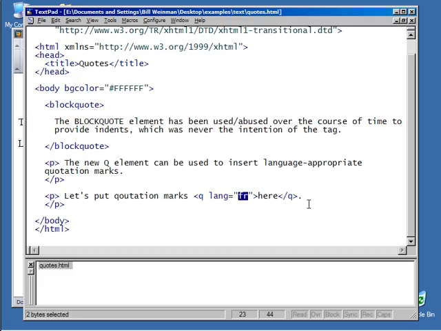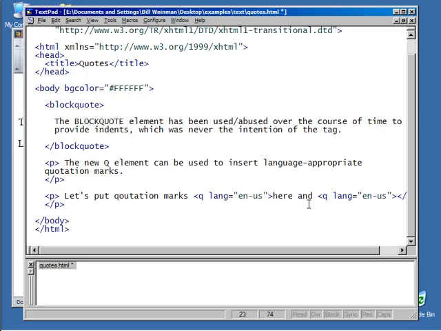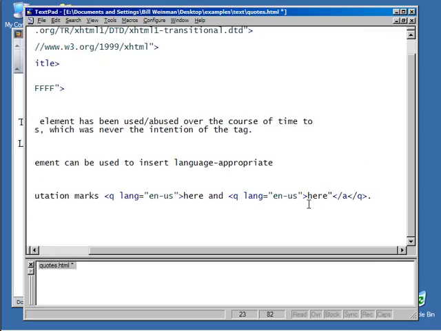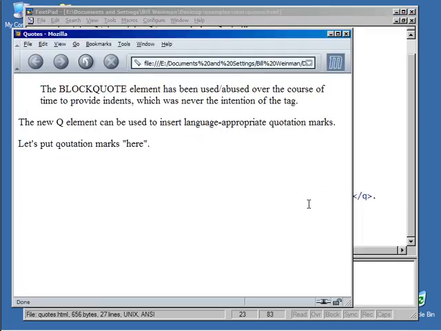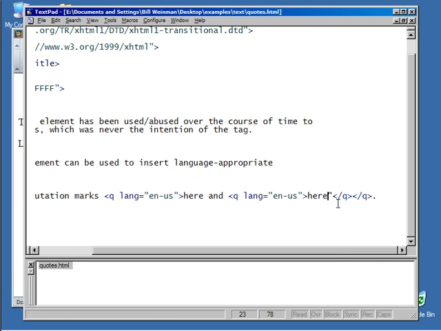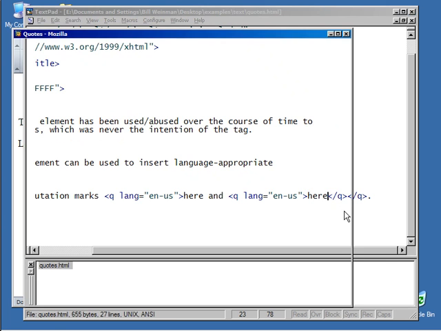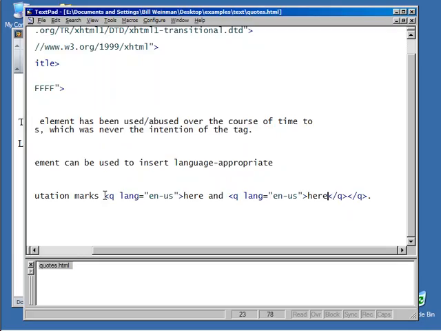Likewise, if you say lang equals EN-US, which means US English as opposed to Great Britain English, and you have a whole other set of them, you're supposed to get nested quotation marks, which would be single quotes on the inside. And, of course, that's not really working there either. Oops, I had an extra quotation mark there, didn't I? So, as nice as the concept is, it's just really not working yet